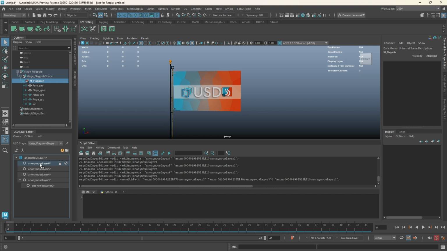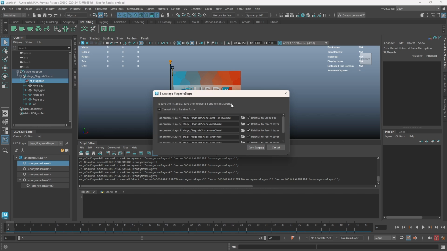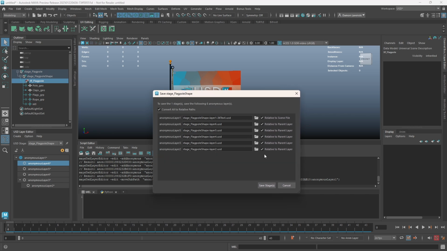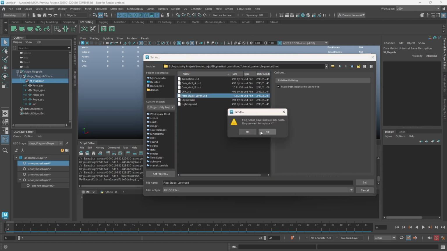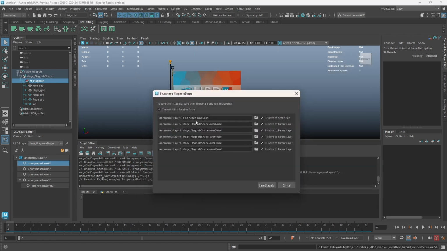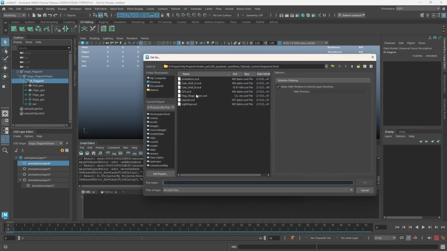And now let's just start saving these. So there's 2 ways of doing it. You could double click on them, but I'm just going to go save, and we'll open up this little UI. And then what I'm going to do is navigate to my sequence, to my shot, and I've already gone ahead and created these USD files from when I was preparing the lesson. So instead of rewriting each time, I'm just going to overwrite these ones, but basically that's what you want to do. So the first one in the row is going to be this top layer, and then it's just going to go down here. So the next one I want is animation,